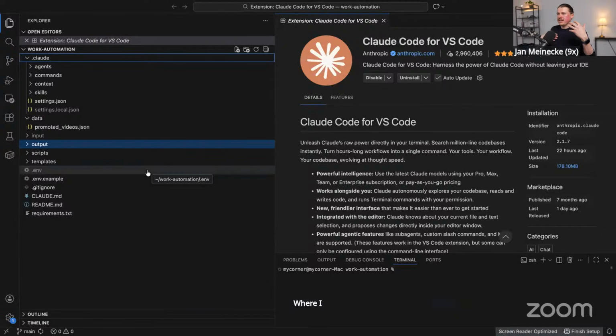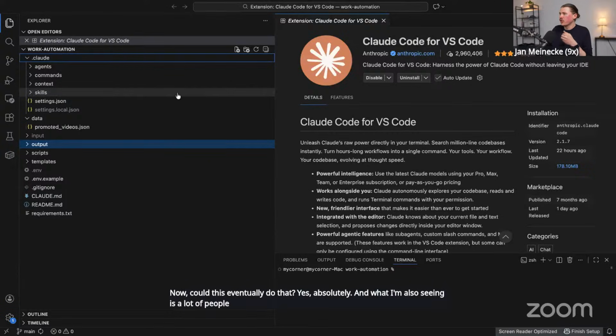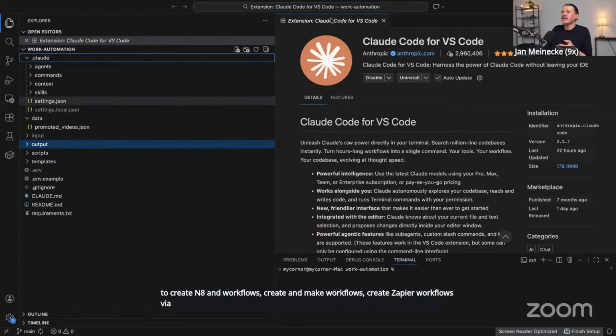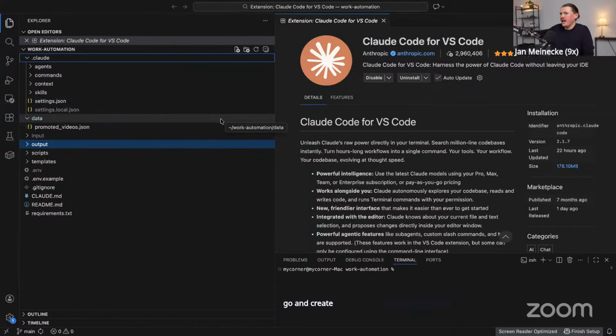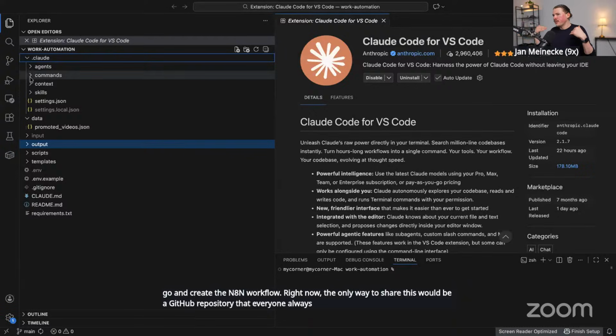Where I would use N8N, Make, Zapier, it's really for running processes in the background. Now, could this eventually do that? Yes, absolutely. And what I'm also seeing is a lot of people are using Claude Code to create N8N workflows, Make workflows, Zapier workflows via their MCP. So you can also create workflows locally and then say, hey, now I want this to run in the background connected to systems, go and create the N8N workflow. Right now, the only way to share this would be a GitHub repository that everyone always pulls from and keeps